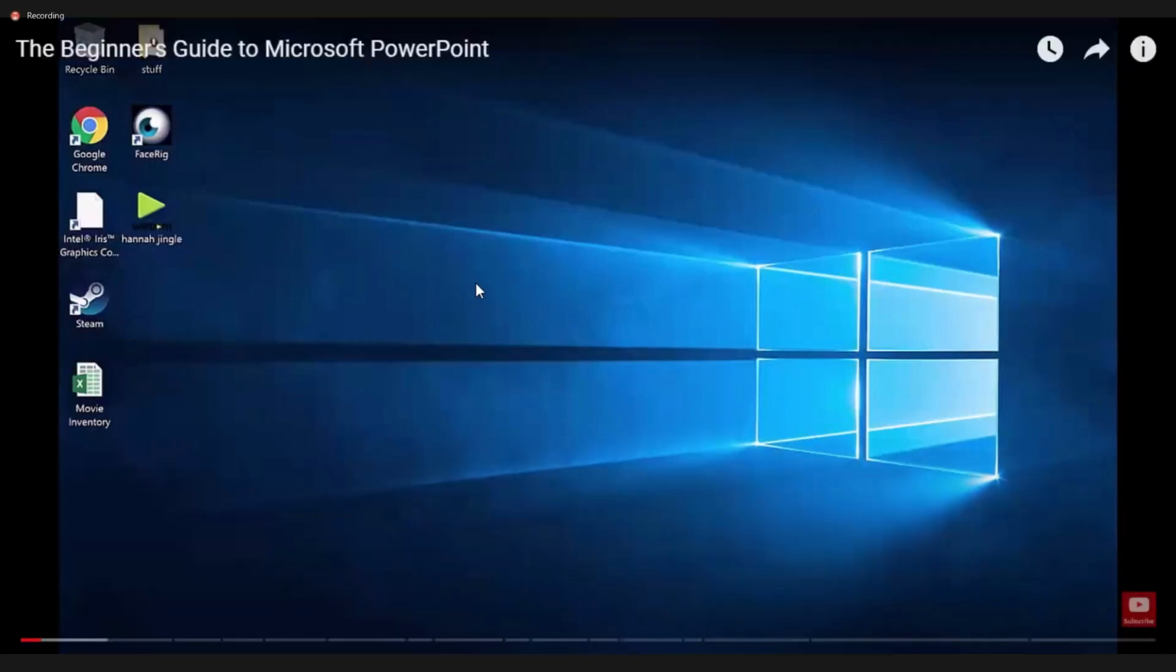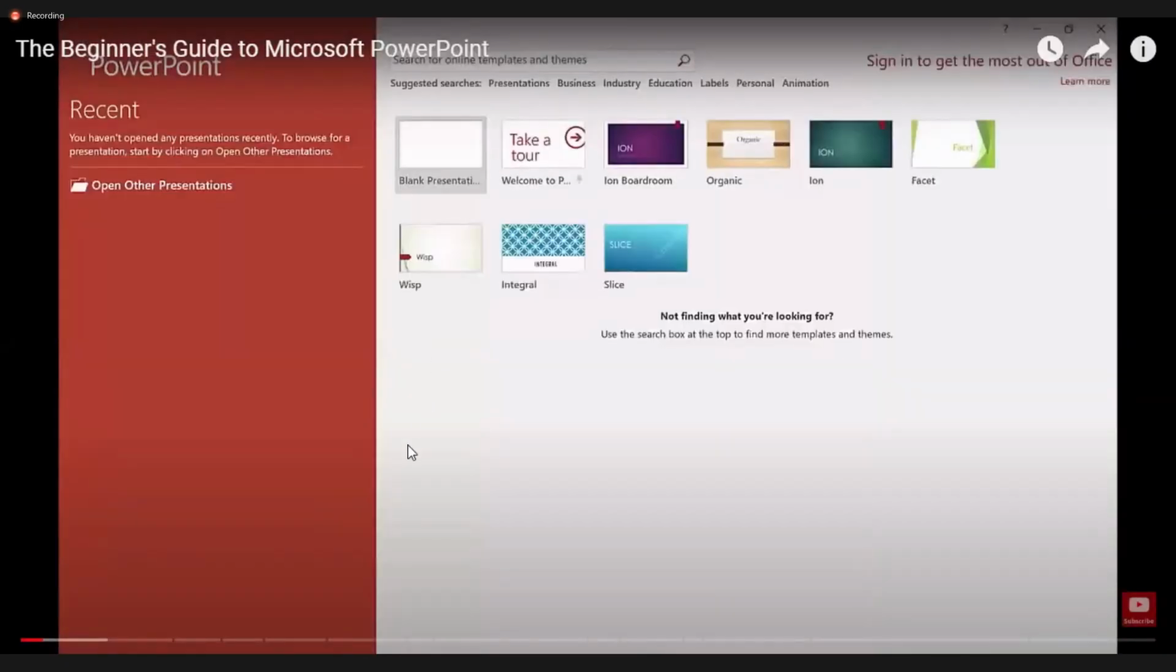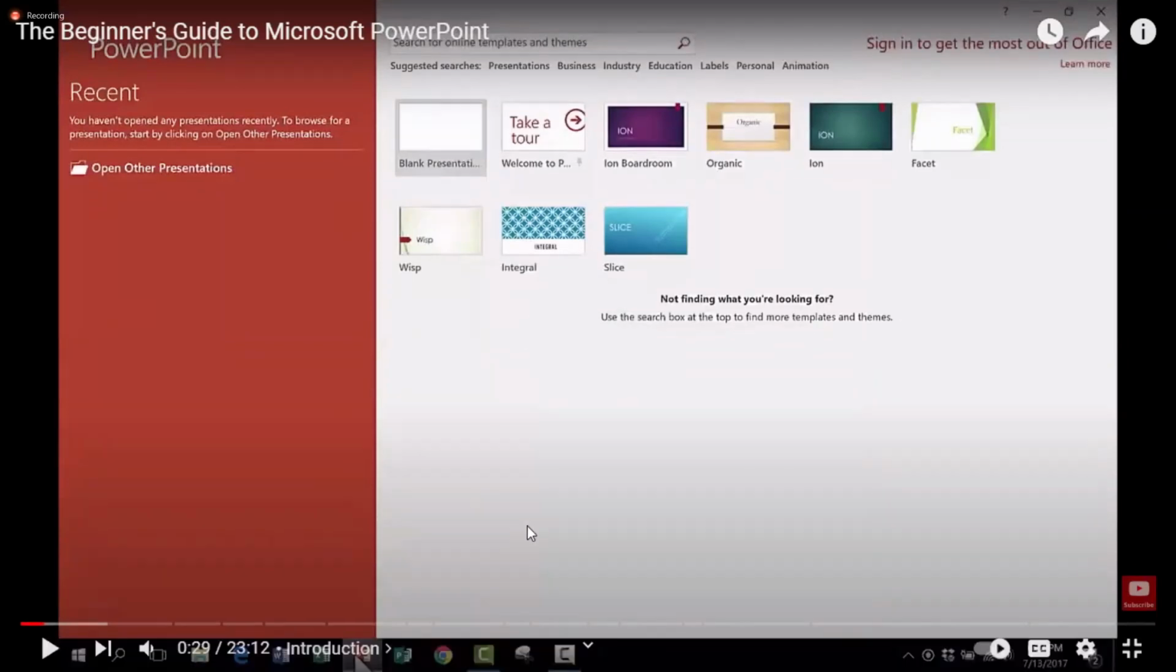I'm just going to go down here and I've got it pinned to the taskbar down here. And you can see that this is PowerPoint 2016. I'm just going to go ahead and click on it to open it up. Now, even though this is PowerPoint 2016,